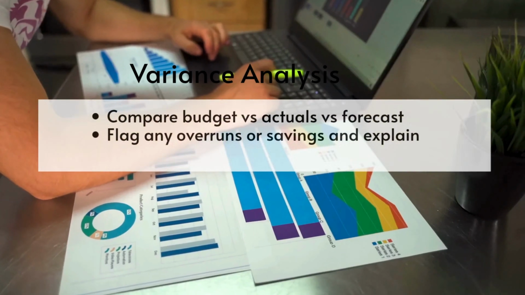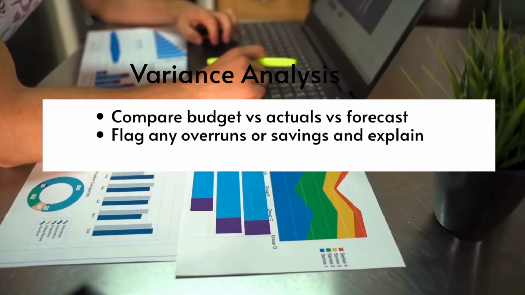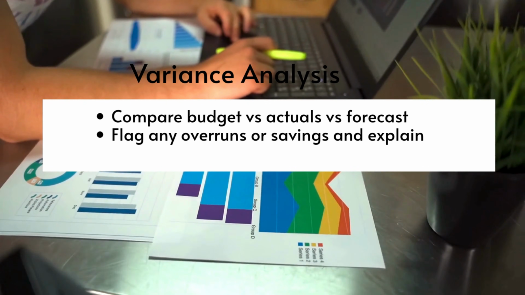You also do a variance analysis. I think that's where the changes come in. So you compare budget versus actuals versus forecast. So budget, we started at 5 million. Actual, we are at 3 million. Forecast, we are at 4.6 million. And forecast, we were at 7 million. And then you look at those